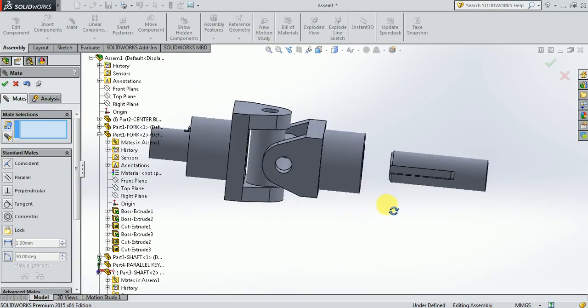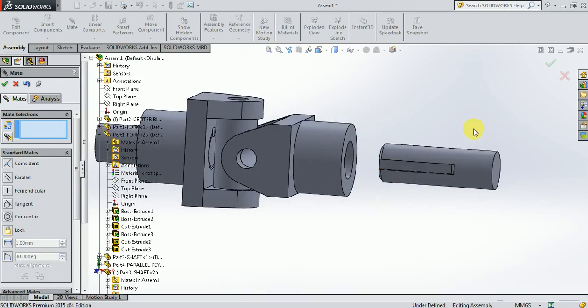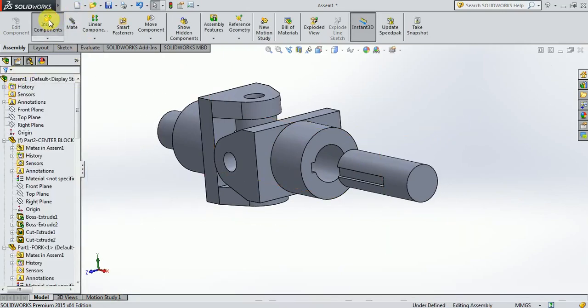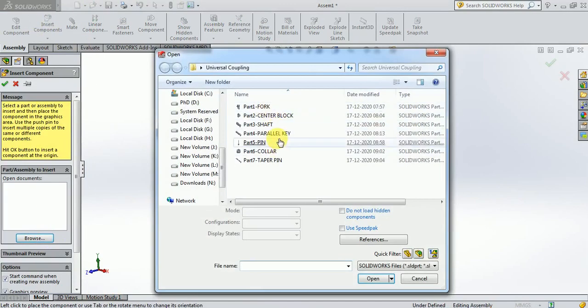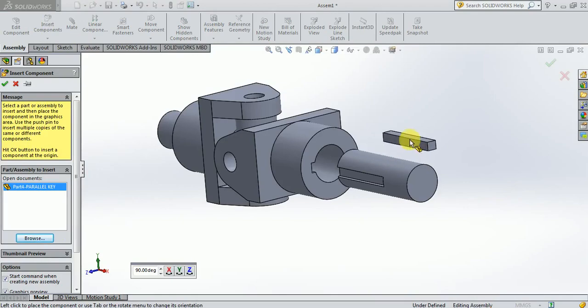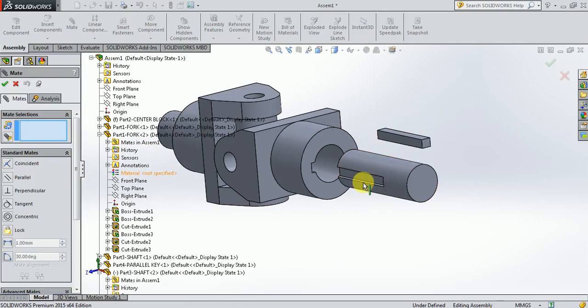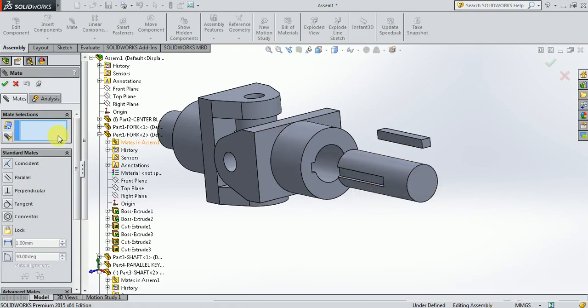And then what we do is we are going to bring the key. So insert components, browse, the parallel key has to be brought here. Then again I'm going to align the key with the keyway in the shaft. So we have to place this key in the keyway in the shaft. How can it be done?